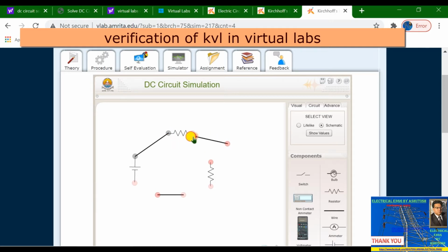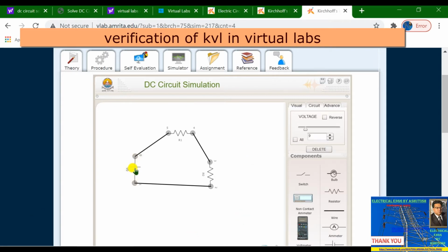Join this, also join this, and you will see the brownish black color will appear when these are connected. Then you will see the color is changed. It means it has connected correctly. Now you will see the color of this connection, where the joint is, where the node is, the color is changed. So you will be sure that the circuit connection is proper.